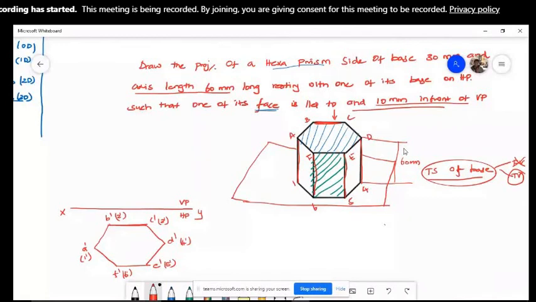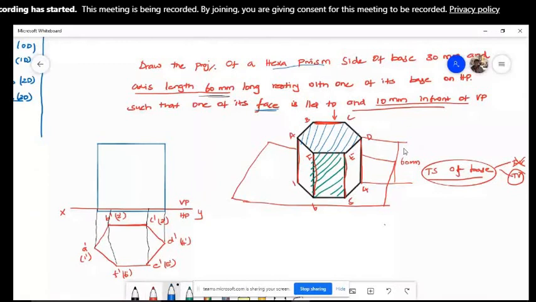Okay. Next, you need to draw the front view. So to do that, from all the corners, you will be drawing the vertical lines, something like this. Both will fall on the straight line. Okay. So here they mentioned that the axis height is 60 mm, right? So from here you need to draw a line for a height of 60 mm, something like this. Okay. So next you need to give the naming.